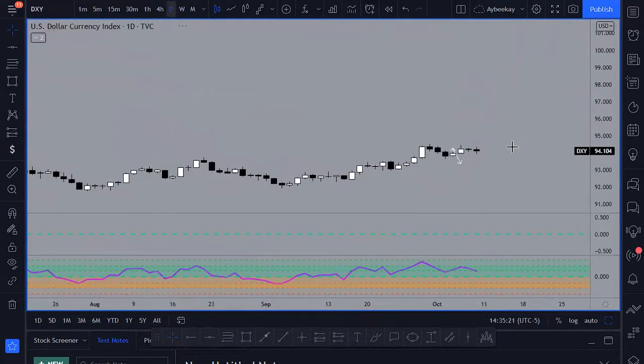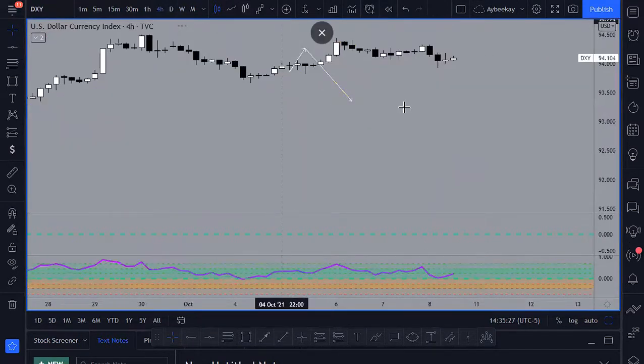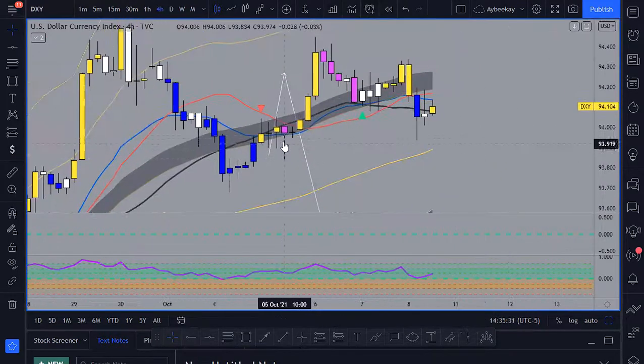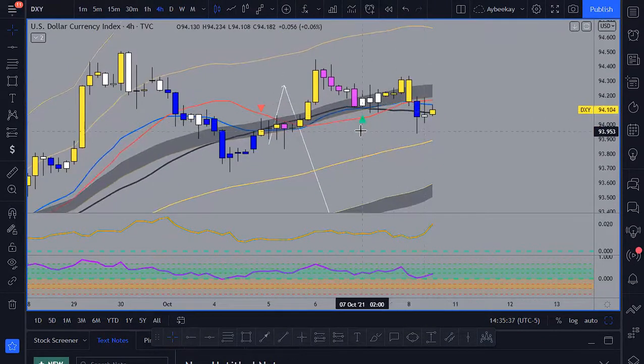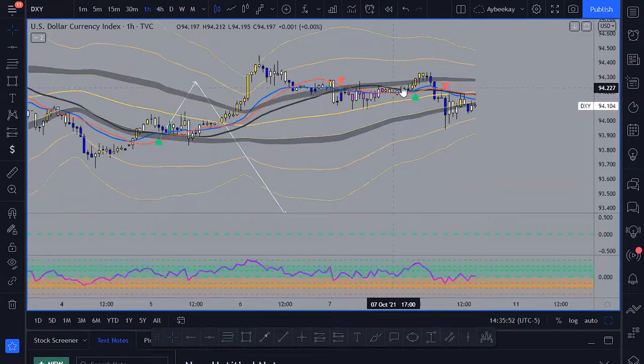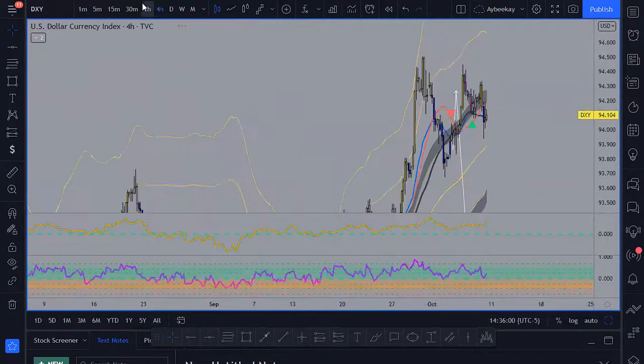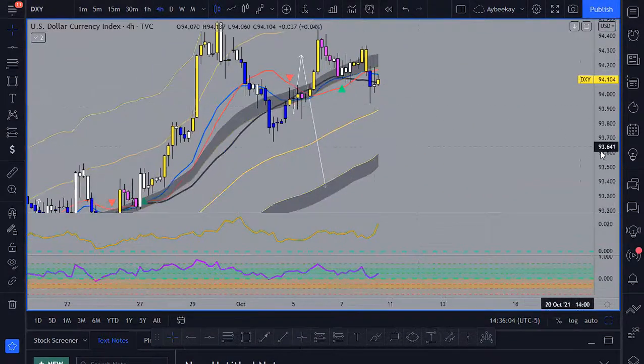I'm not necessarily trying to hop into anything anytime soon. Daily time frame hasn't even called anything quite yet. On the 4 hour time frame, I called for this sell. I wanted the retracement before getting in, and this 4 hour looks kind of messy. Trying to get into DXY sells right now is a little too early, although yes, the 1 hour time frame did play that out very nicely with this sell right here. But it called for the sell, went bullish, then called for the sell again. The 1 hour time frame is just consolidating, and the 4 hour time frame is not the greatest look either.